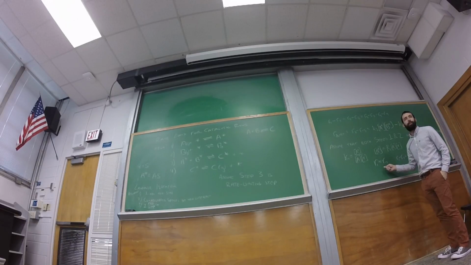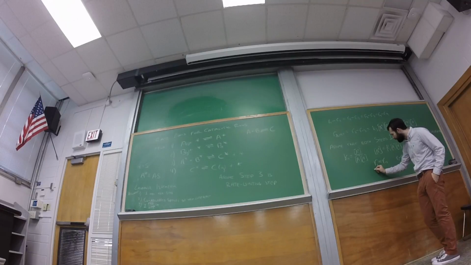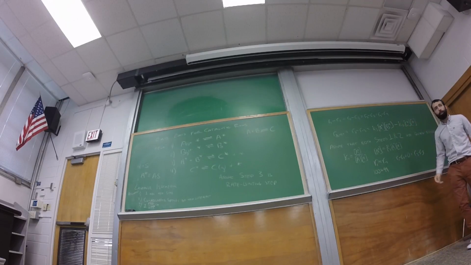So let's put some numbers up here, and maybe this will make more sense. Let's say that this is 100 and this is 99. So those two things are approximately equal. The difference is